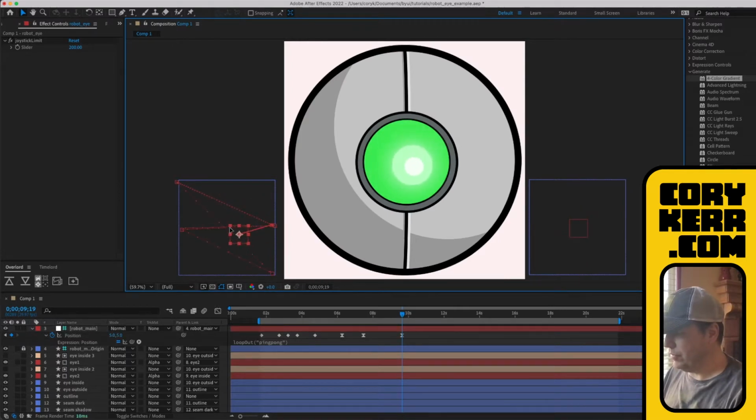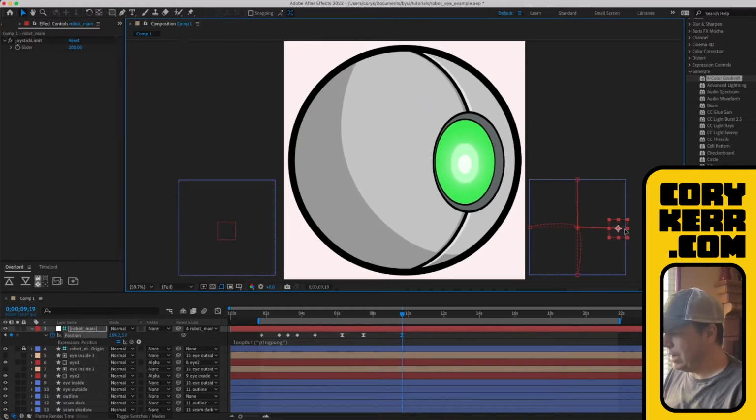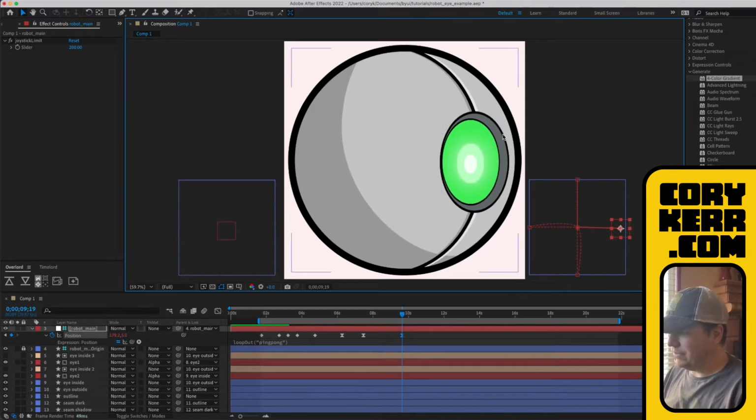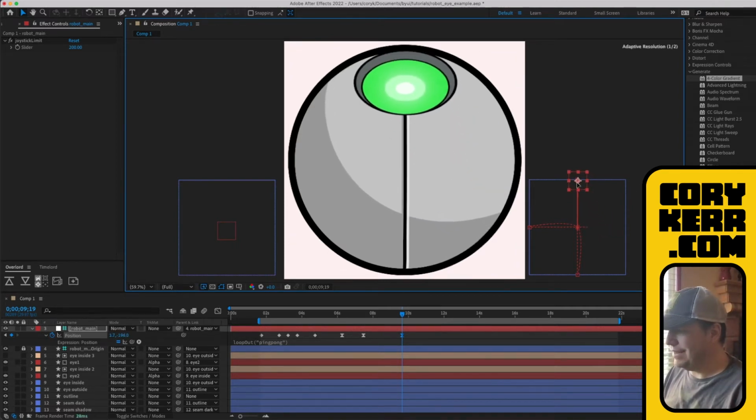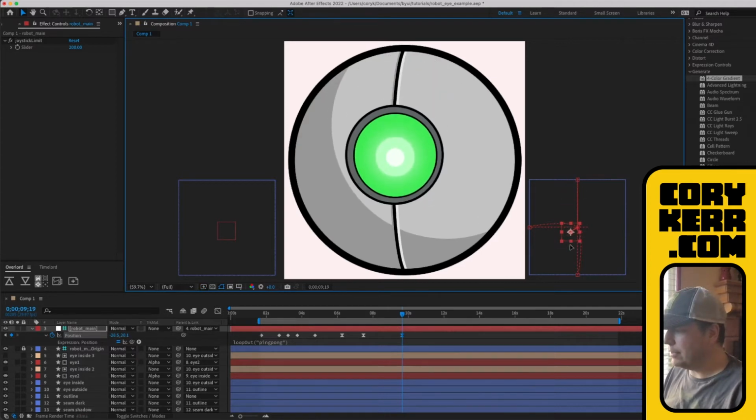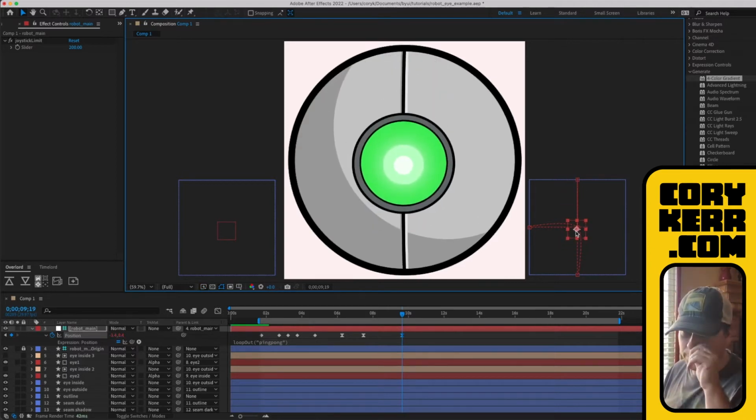And those two will move independently of each other. But what this is actually doing is when this moves to the right, it's engaging scale, it's engaging position. This curvature here is bending. When I move it up, okay, it's a different scale. And so all of those things are controlled with this one controller.